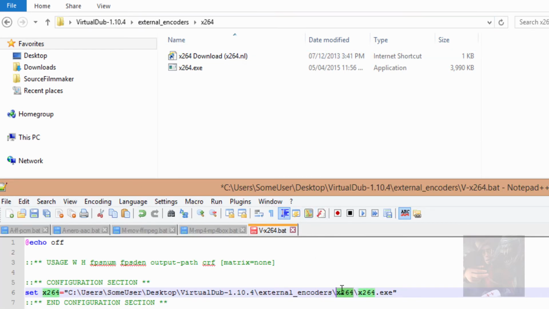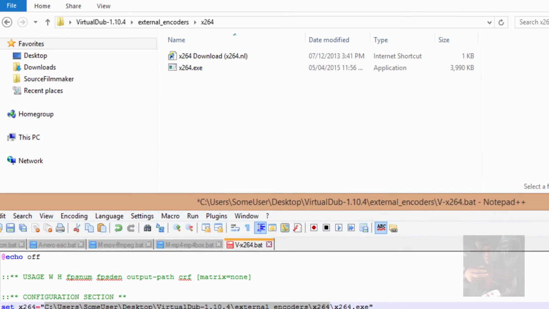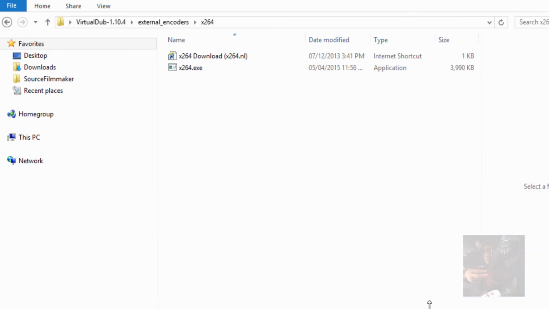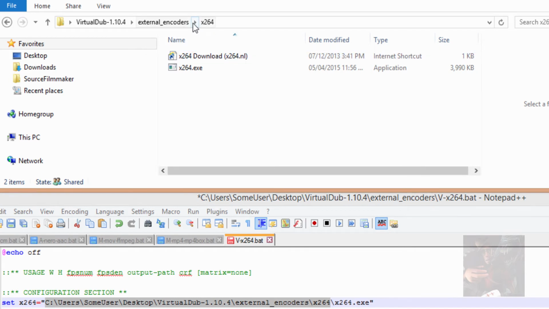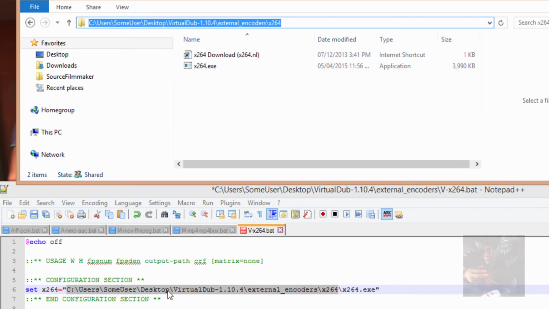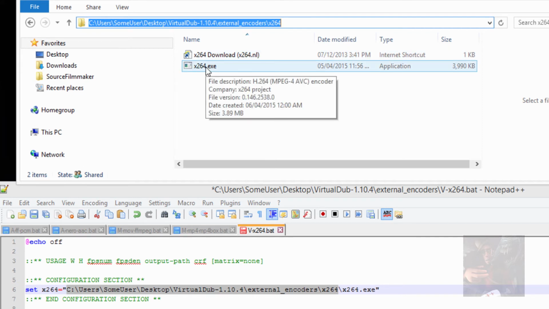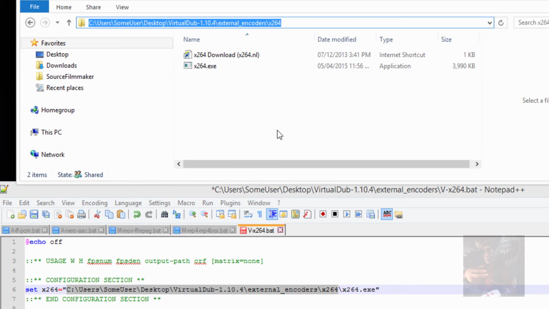So encoder 264 is the same as that. Kind of hard to prove when it wants to jump around like that. There. See, user, some user, desktop, VirtualDub 1.10.4, external encoders, X264, X264 exe, which is why we had to rename that file name when we installed it. Okay, we can save that